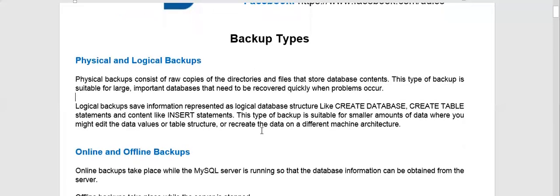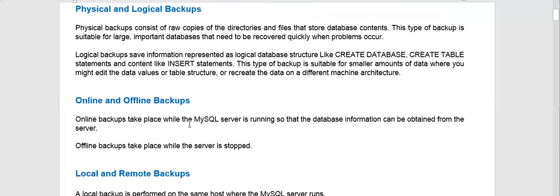Now let's discuss the second backup type. What is online and offline backup? The online backup takes place while the MySQL server is running, and the offline backup takes place while your server is stopped. So whenever you need to stop your database while taking your backup, that is called an offline backup.